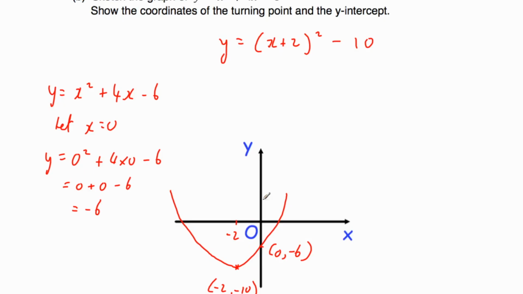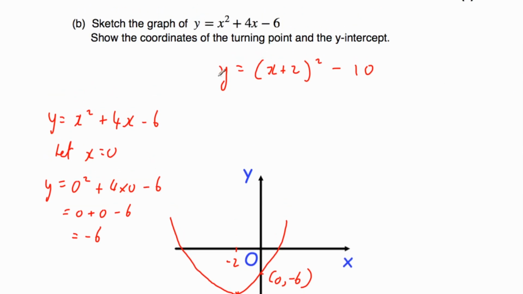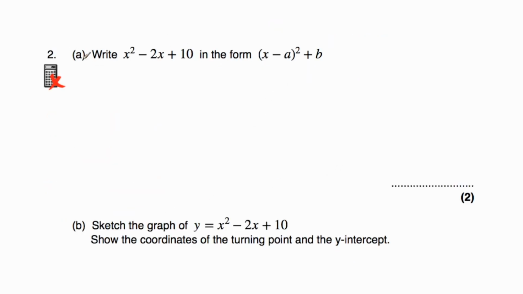And to find the y-intercept, or the coordinates where it crosses the y-axis, what I would do is substitute x equals 0 into the equation of the quadratic, so either here or here. And either one, if you substitute in x equals 0, you would get negative 6. And that's it. Okay, so our next question, question 2a, says write x squared subtract 2x plus 10 in the